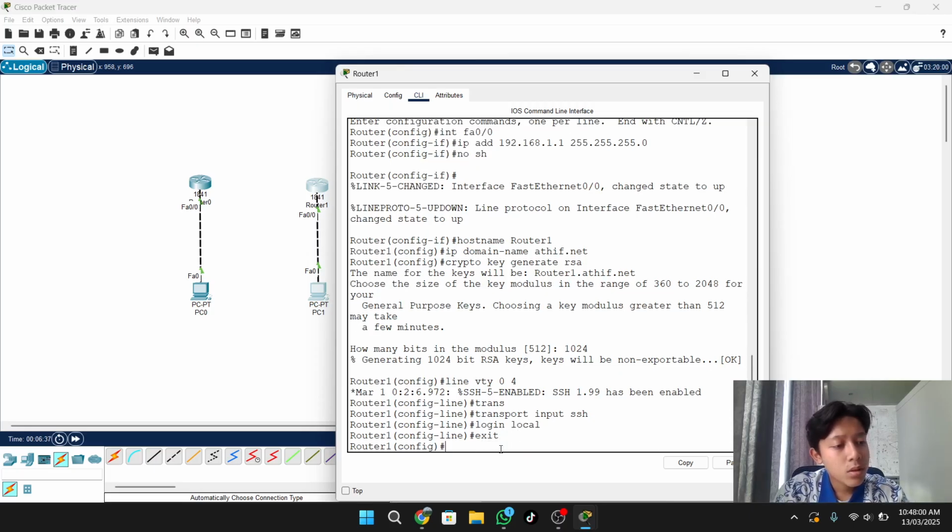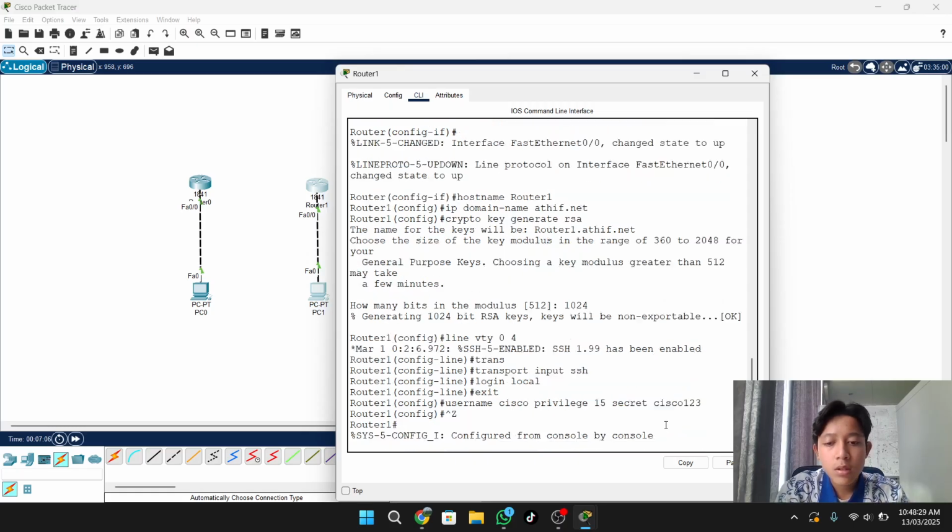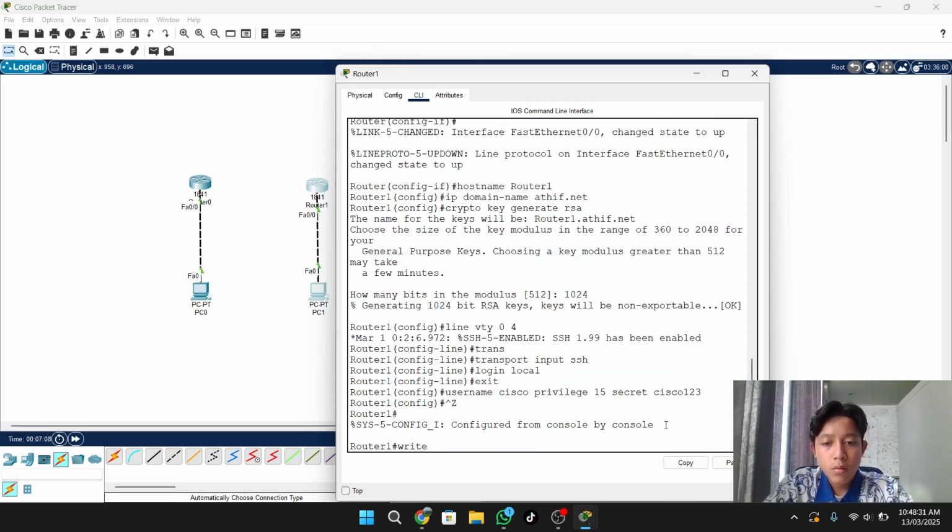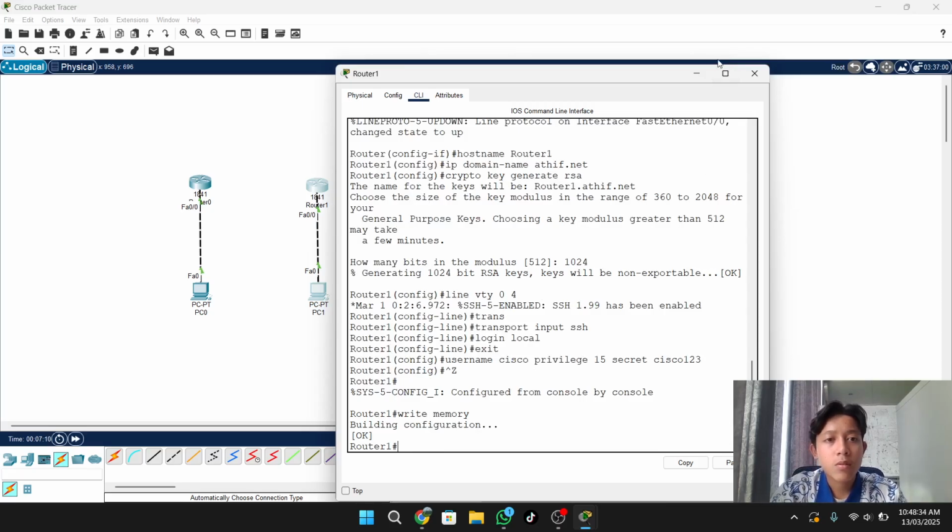Okay. After that you can make the username and password. For the steps, username, and for example I use cisco, and for the password, privilege 15 secret, and type the password, for example Cisco123, and after that you can write memory, or save the configuration.